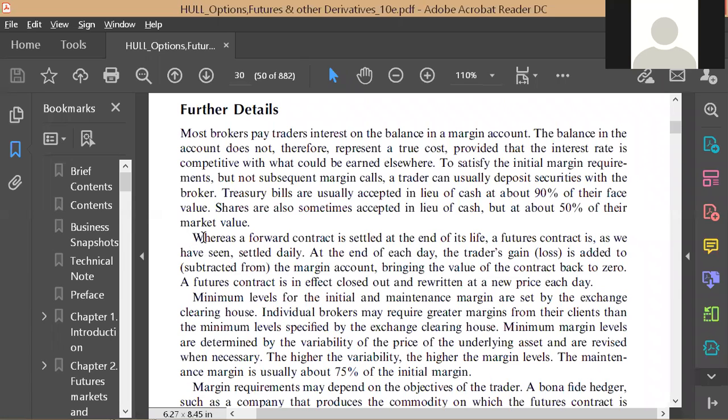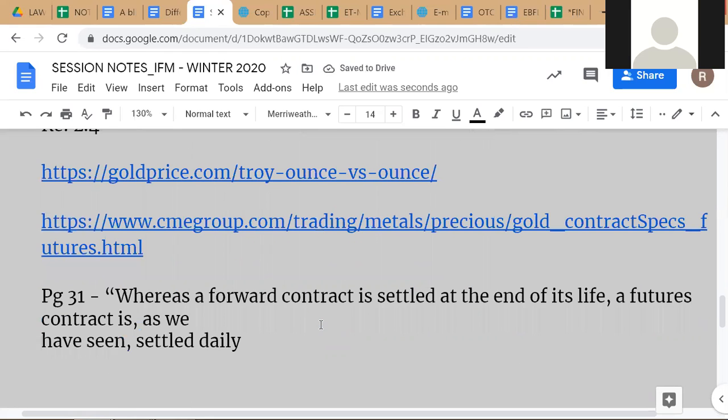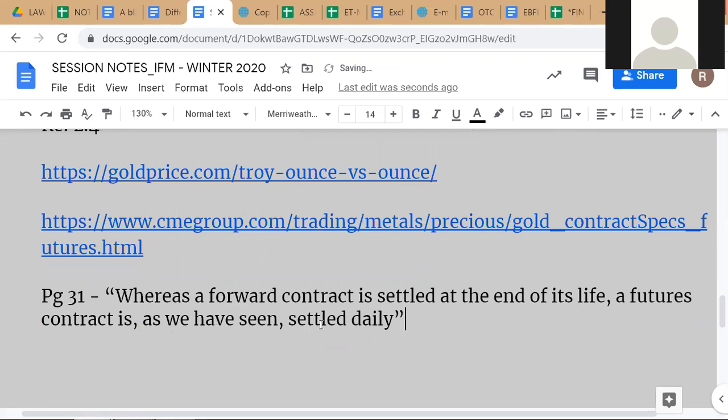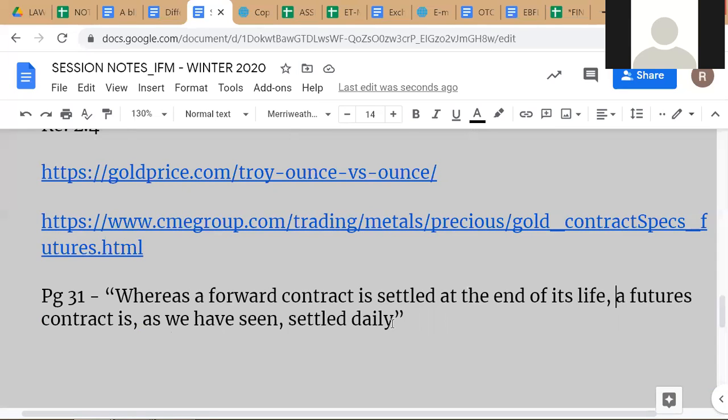Whereas a forward contract is settled at the end of its life, and page 31. I want to make this comment about this statement. Page 31 is Hull Basu, okay? But this is not a very good statement to make, actually. I have a problem with this kind of statement, a futures contract is not being settled daily. Actually, what is happening, the correct drafting would have been,